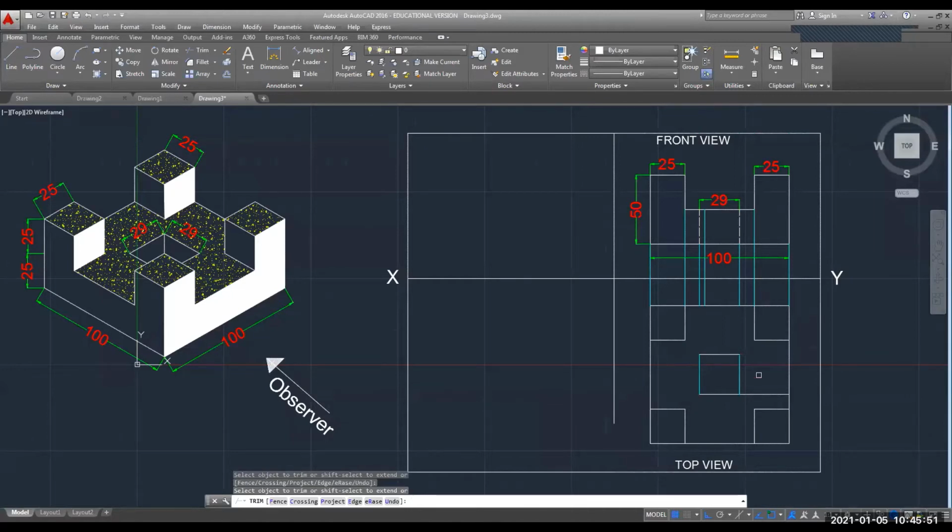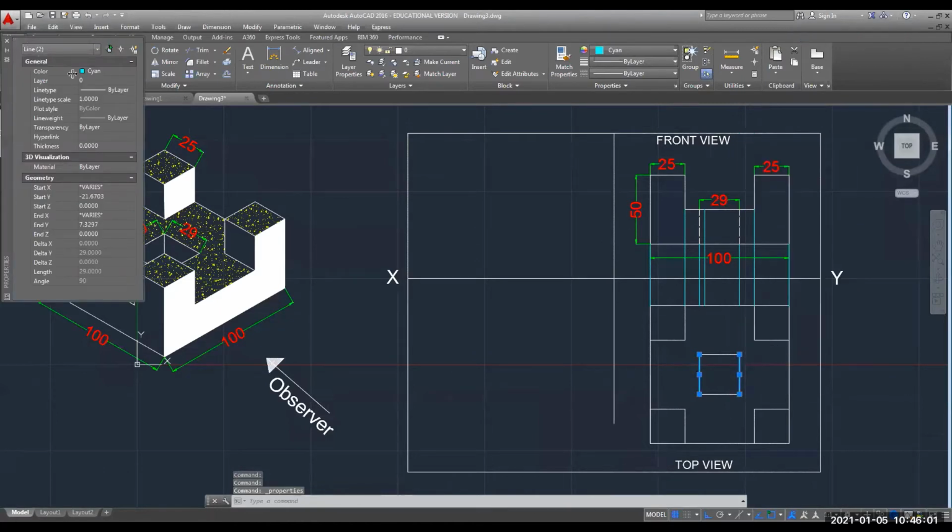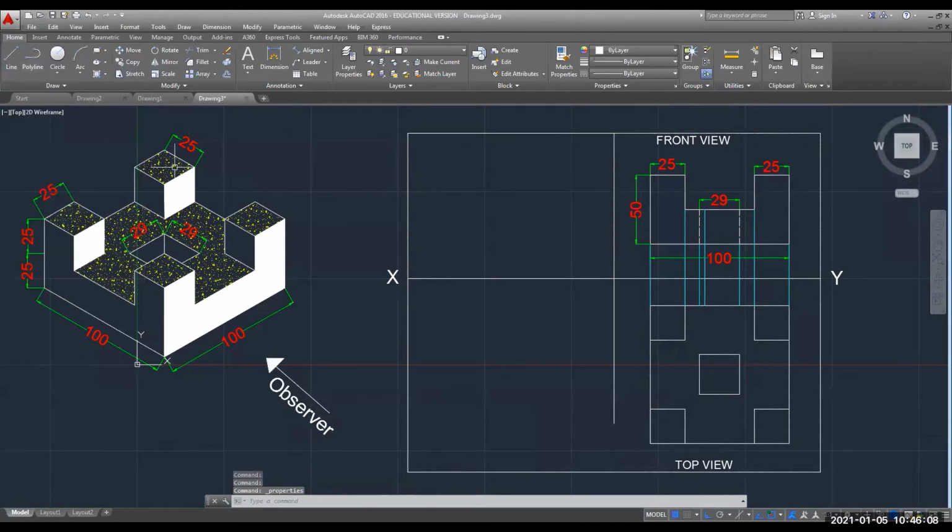Now here you can see this is blue in color. Let's change the color to white. So this is the square that is there at the center.